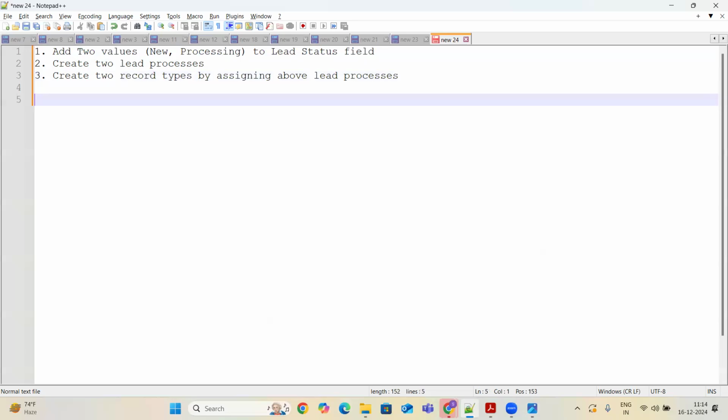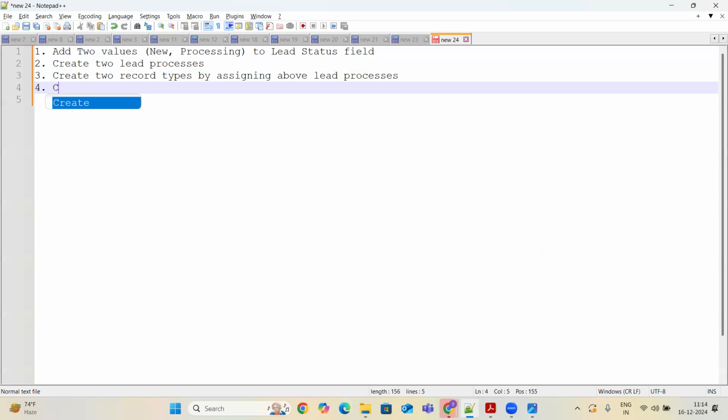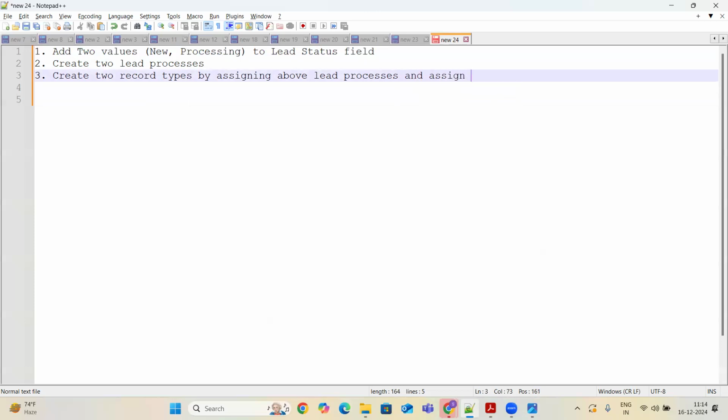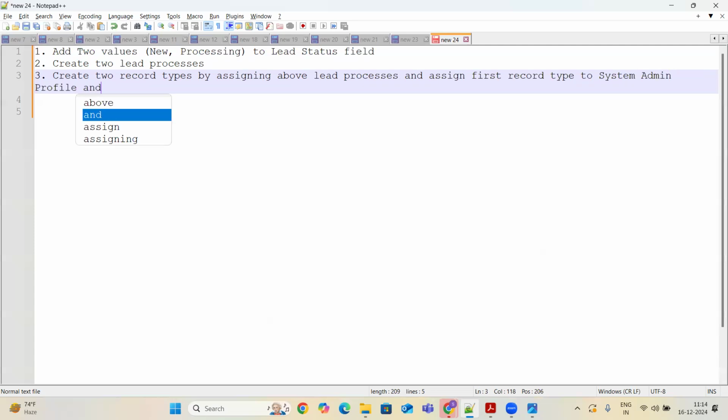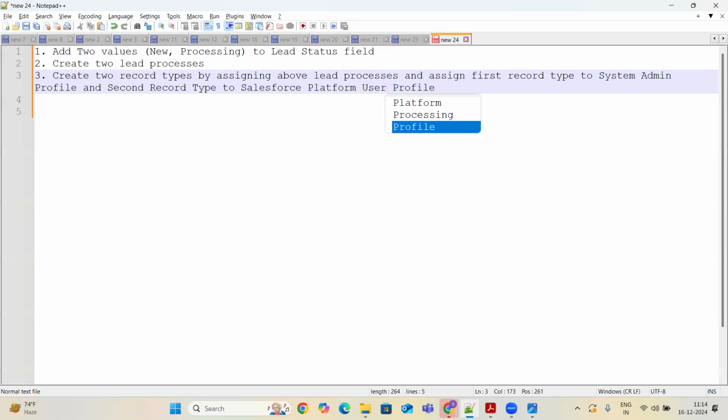And then assign the first record type to the system admin profile, and the second record type to the Salesforce platform user profile. Okay.